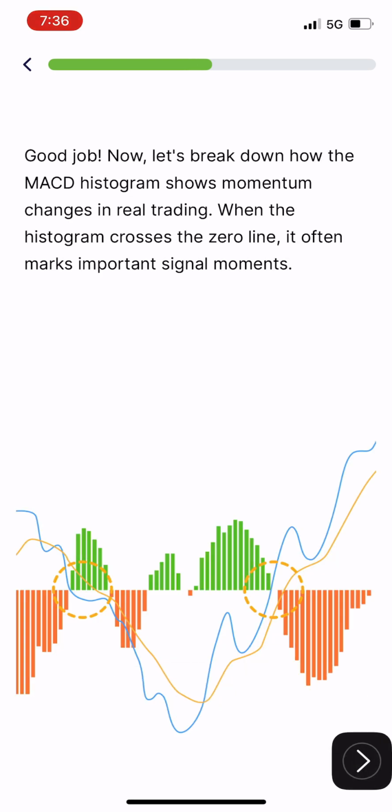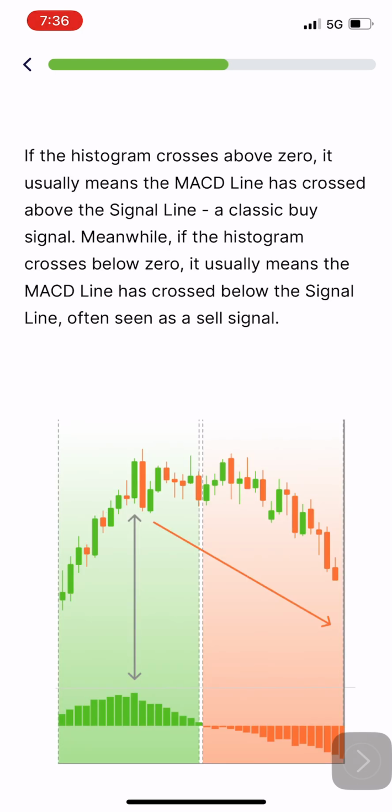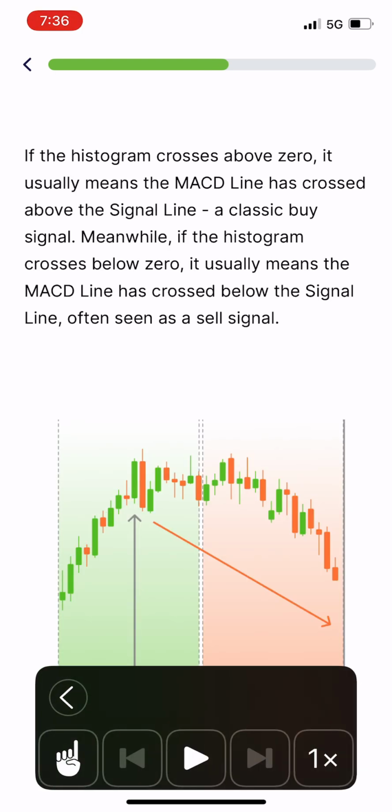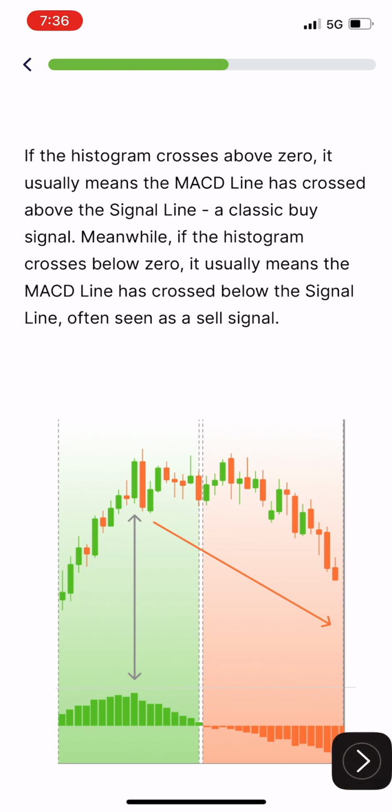Good job. Now, let's break down how the MACD histogram shows momentum changes in real trading. When the histogram crosses the zero line, it often marks important signal moments. If the histogram crosses above 0, it usually means the MACD line has crossed above the signal line, a classic